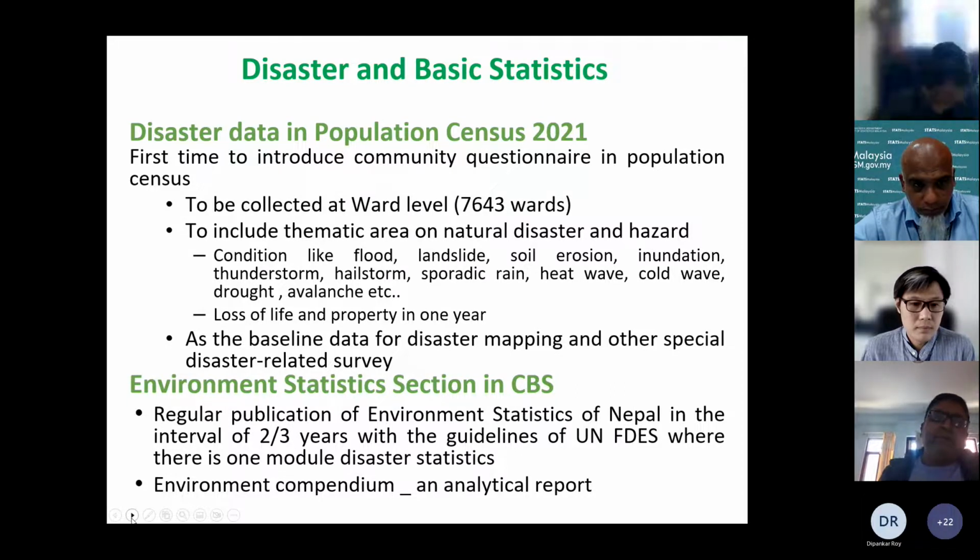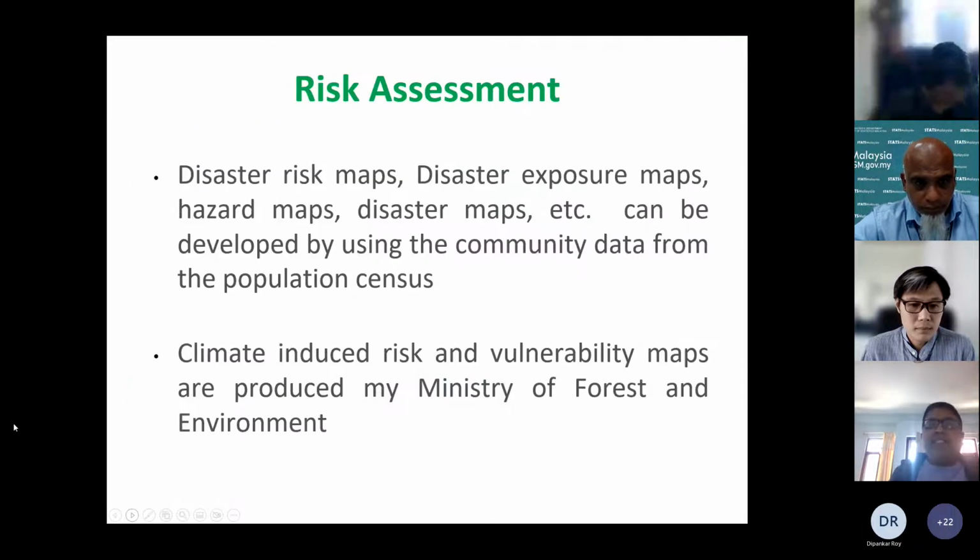Next slide, please. Yeah. And for risk assessment, disaster risk maps, disaster exposure maps, hazard maps, disaster maps, etc. can be developed by using the community data from the population census. So if we use this community data, we can produce these kinds of maps. Similarly,